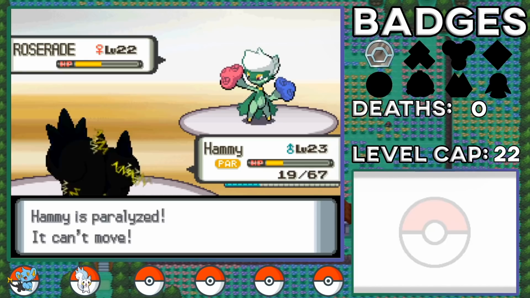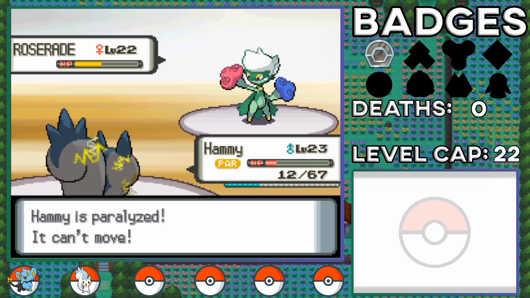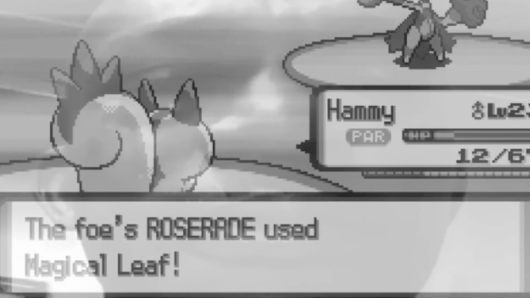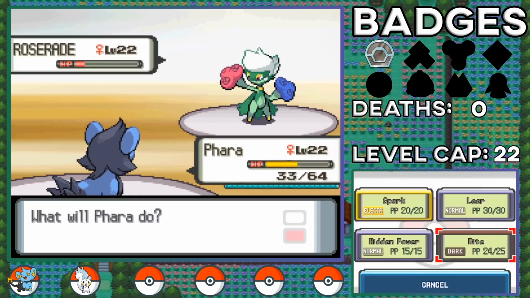I knew that I couldn't switch out into Luxio because he would go down in 2 hits if Roserade went for Magical Leaf, and that's exactly what I did, and Hammy is now dead. Well, that is not a great start to the Nuzlocke, but we now switch into Luxio, who was able to